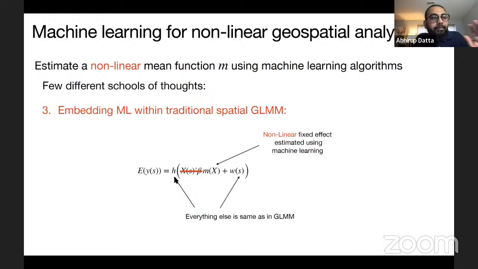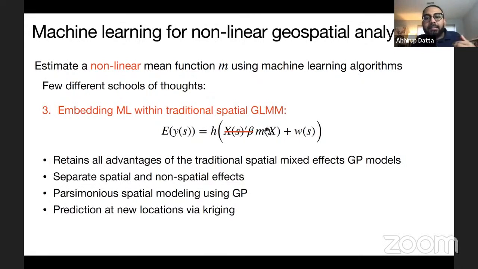If it's continuous, which is what we'll focus on today, the link is going to be the identity link. But if it's binary, we can use something like a probit link. We will still continue to use the spatial random effect as a Gaussian process, so we'll retain all the advantages of a Gaussian process. The only thing we are changing is that instead of x beta, we use an m of x, where we want to estimate this m function using either a random forest or a neural network.